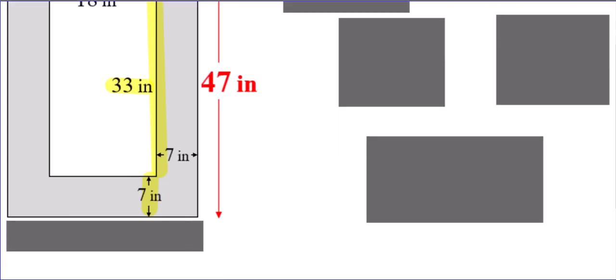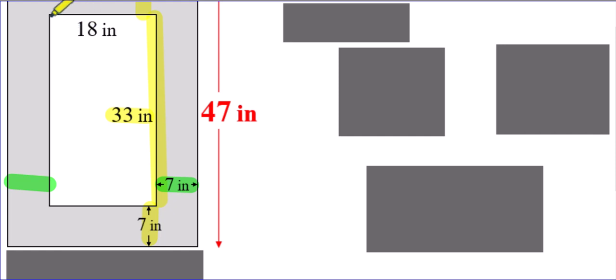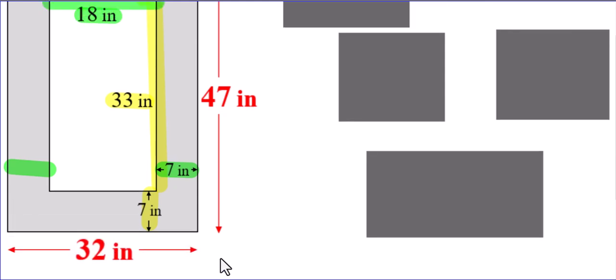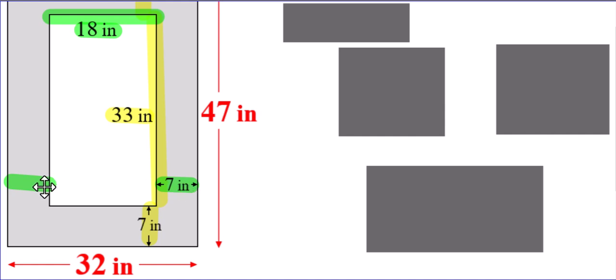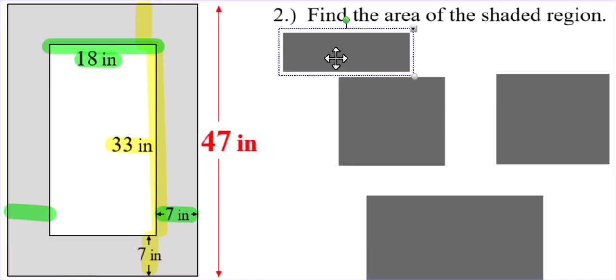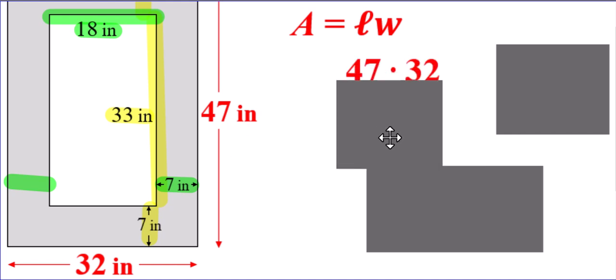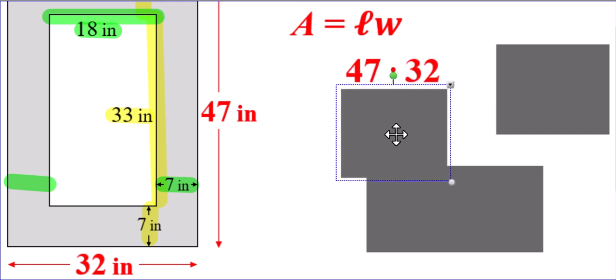Now, we're going to do the same thing going across. We know that going across is 7 inches here, 7 inches here, and 18 inches going across here. So 7 and 7, again, is 14, plus 18 will give you a total width of 32 inches. Again, if you didn't catch how I got that, 7 and 7 is 14, plus 18 is 32 inches. All right, so let's find the complete rectangle's area first. 47 times 32, and that should have given you